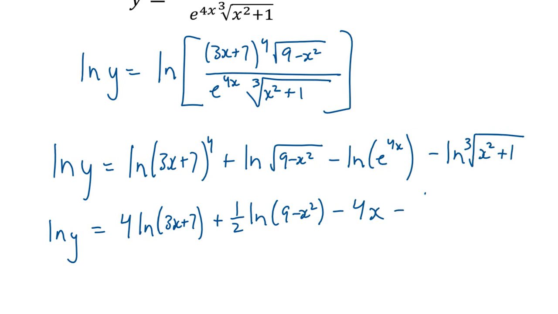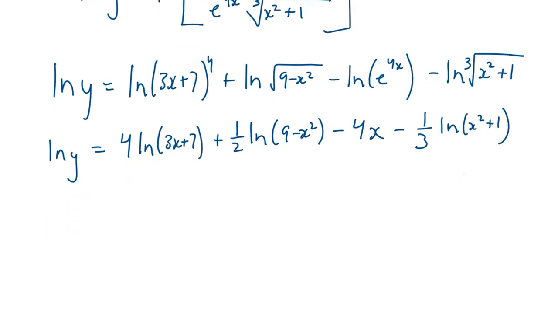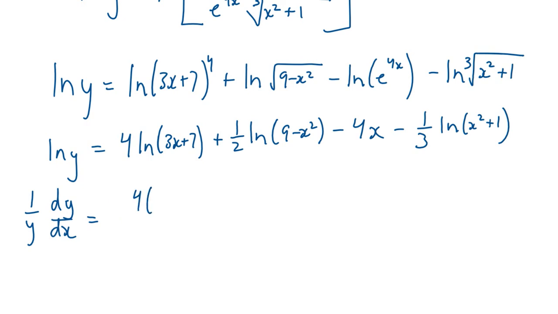So then this is minus 1/3 ln of (x squared plus 1). Now that is a lot easier to take the derivative of. So we're going to go ahead and do this. I'm going to put the 4 on top times the 3, which is the derivative of the argument. I'm going to actually speed this up a little bit. I've been taking my time so far. Derivative of the argument is negative 2x